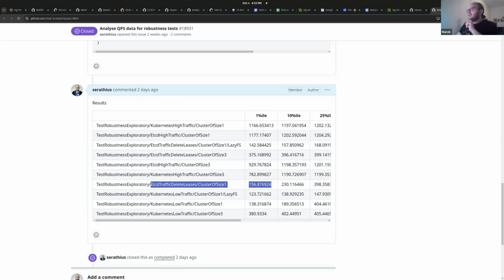So for example, here we see that etcd with deletions and leases hits much lower QPS, and a one-node cluster hits much lower QPS than a 3-node cluster. So maybe we should look into that, so we can balance it or look at why there is a bottleneck here, and what operations exactly feed into that. If anyone would be interested in looking into or helping with that effort,